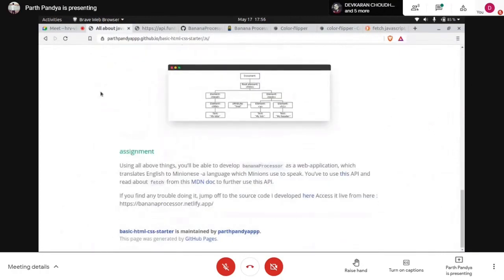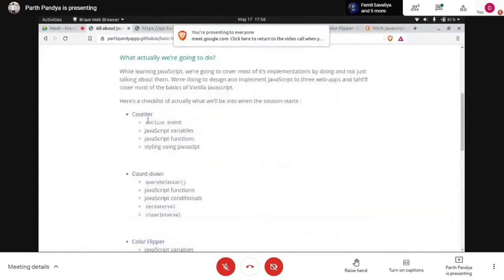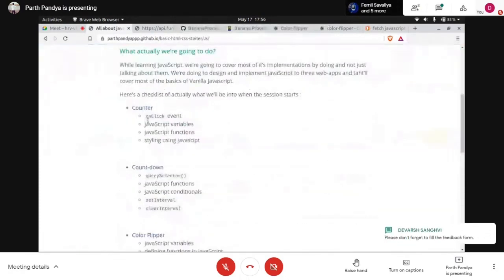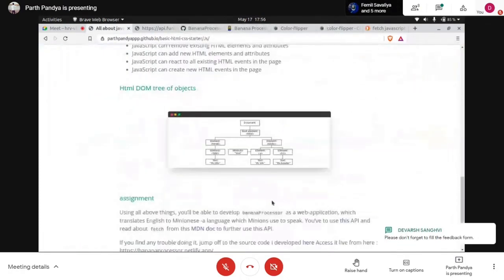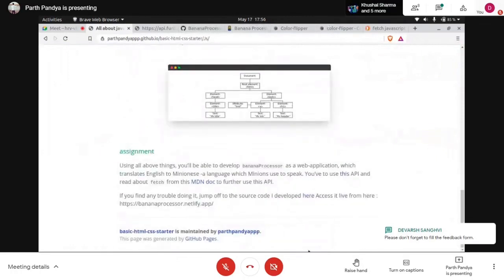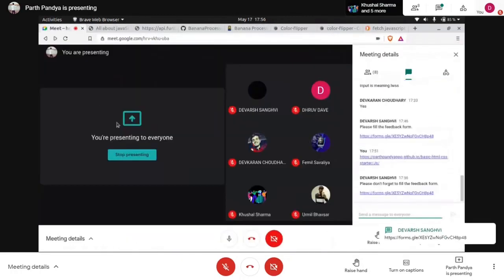Okay. So anything you want to ask regarding JavaScript, today's session, or anything from CSS, HTML, you can clear things out. And yes, please don't forget to fill this feedback form, which has been pasted in this chat box.